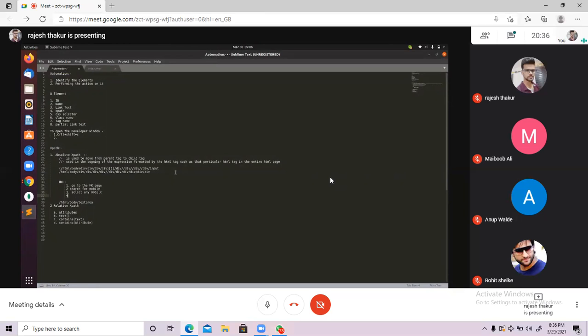Number 4, in the mobile page, from the configuration page, that page I used to call the configuration page. From the configuration page, identify the element which contains: number one, add to cart.